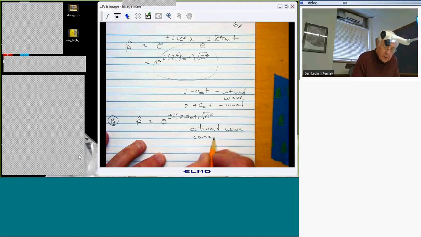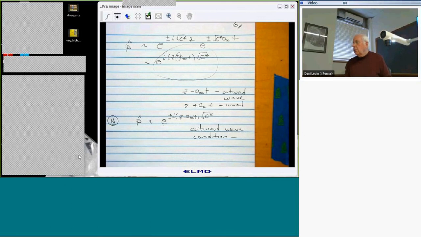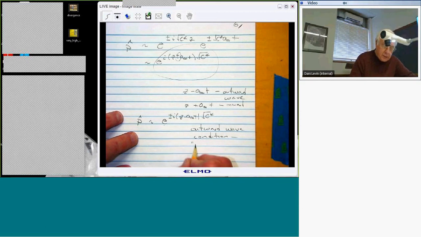But no one else calls it that. People call it the radiation condition because this was originally done in electromagnetic radiation theory, using Maxwell's equations. So this is really called the radiation condition. But you think of the wave radiating outward, right? Radiation